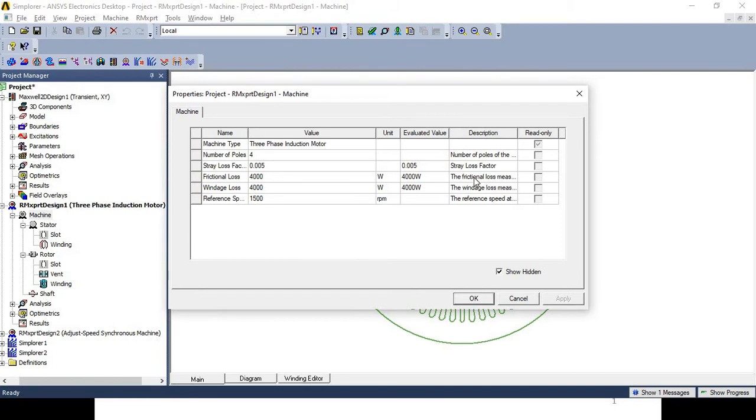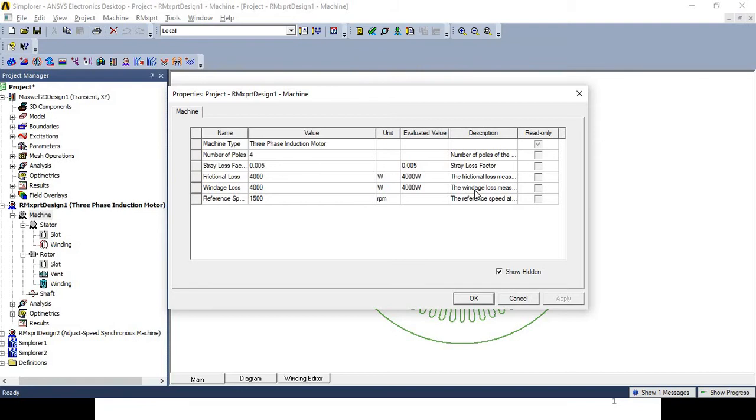Then frictional loss, it means the frictional loss measured at the reference speed, it is 4000 watt. Then windage loss, the meaning of which is the windage loss measured at the reference speed is 4000 watt.